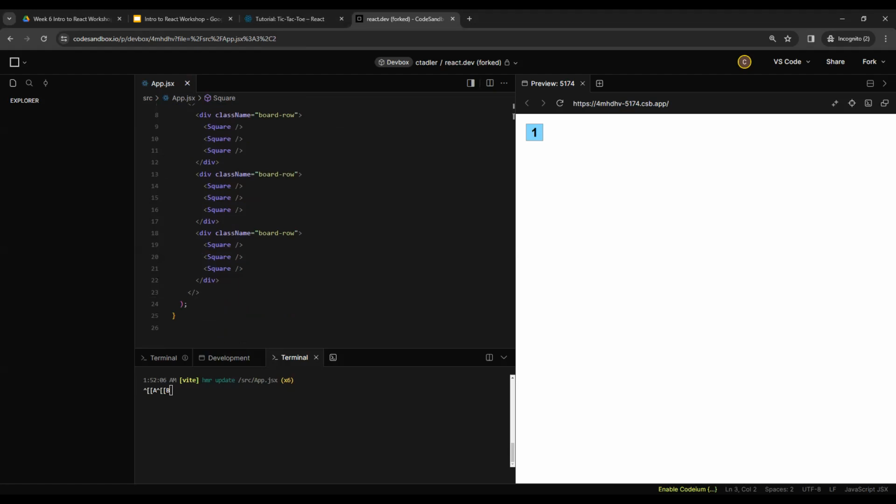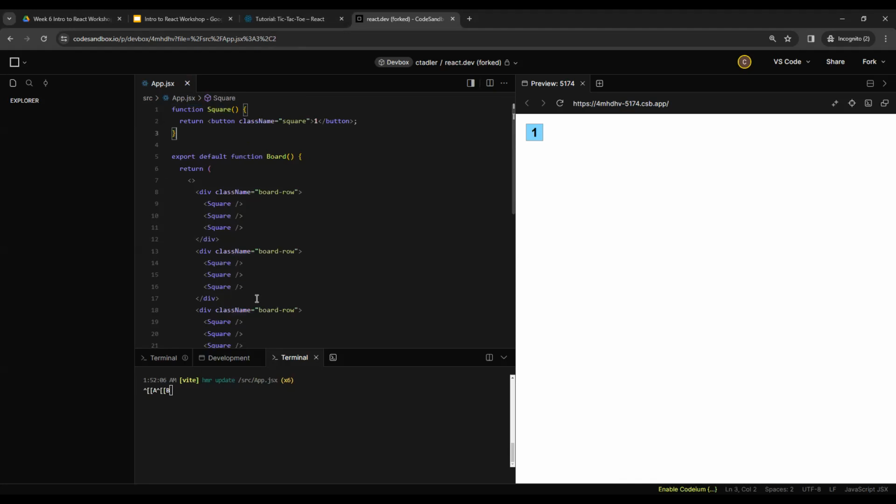Well, we're going to go on the assumption that I did it correct, and you guys can keep following along. All right, so the next thing we want to do is we don't necessarily want the value to be 1 for every single one of our board pieces. Because of that, we want to be able to store a value within our square